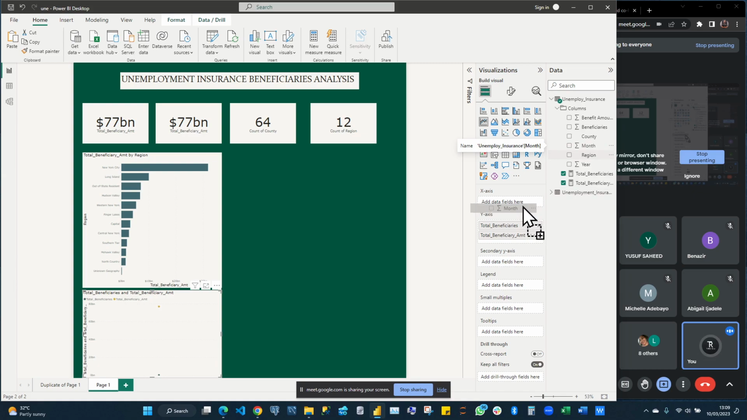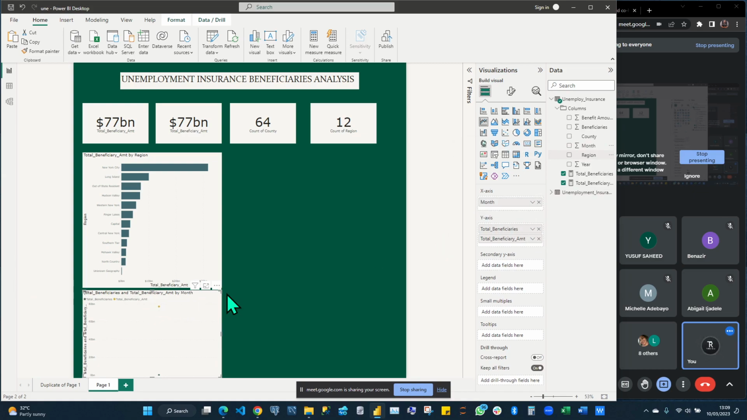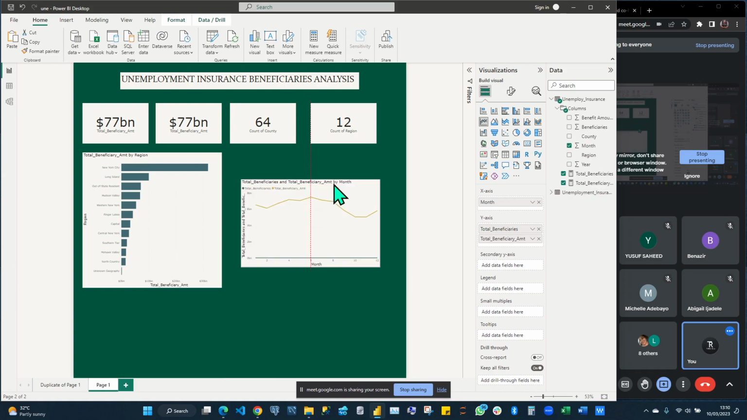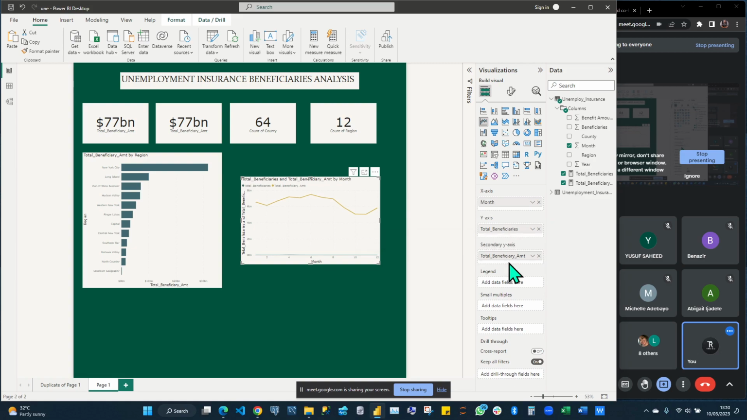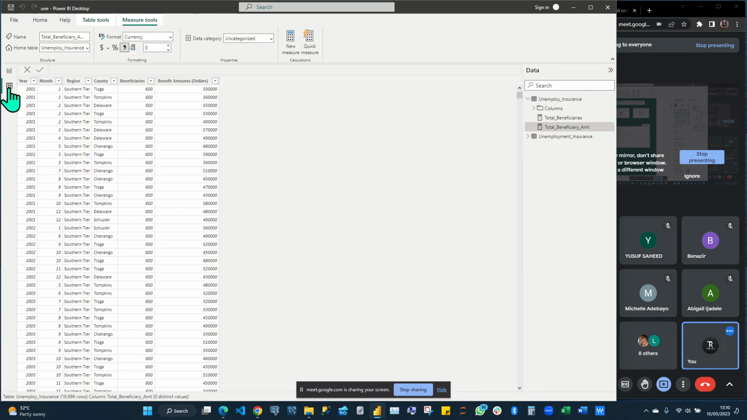It's supposed to show us by month, but funny enough, the month is actually numbers. So this is what we want, right? But then it's showing numbers, so we want to create a column that would display the month's name instead of the numbers. So we'll go back to our